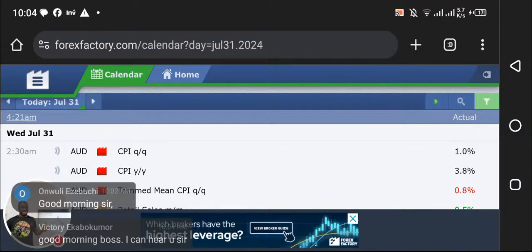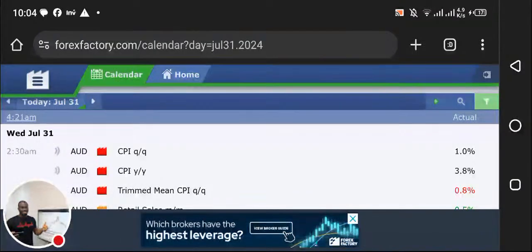I can see that most of the USD pairs have been in a range. They have been ranging since Monday, and that's because this week is FOMC and also NFP. That is why price has been in a range on USD. The only pairs that have moved this week are the JPY pairs. I think most of the JPY pairs have done over 100 pips bearish. If you had sold GBP JPY, USD JPY, CHF JPY, I remember telling you guys on Monday that GBP JPY pairs are bearish, right?